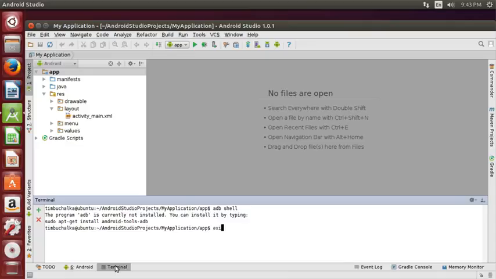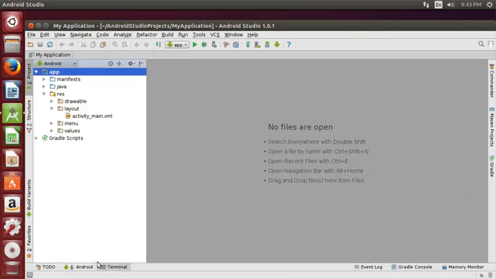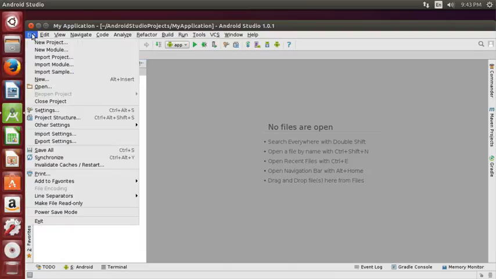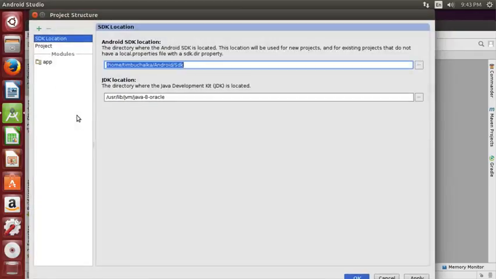So what we need to do is type exit to get out of that. We need to go up to the File menu and select Project Structure. Now you can see on the screen there SDK location /home/Tim Pachowka/Android with a capital A /SDK with a capital S. I'm going to copy that because we're going to need that when we make some changes. Okay, I'm going to close it down